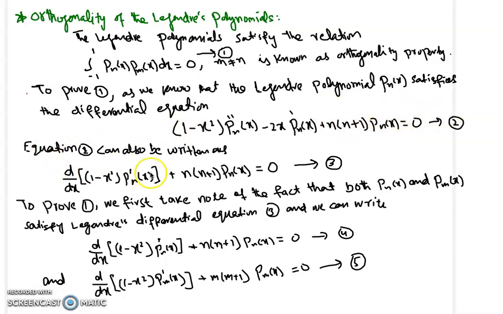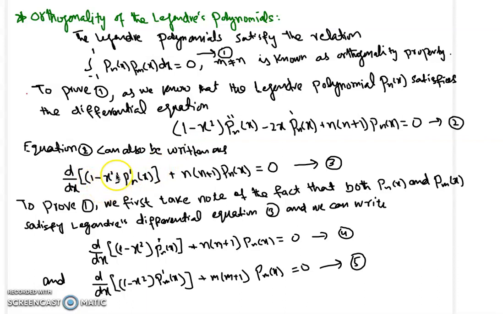So equation 2 can also be written in this simple form: the derivative of (1 minus x squared) Pn dash, because this is the product rule. When we apply the product rule, this is the first term into the derivative of the second, which is Pn double dash,